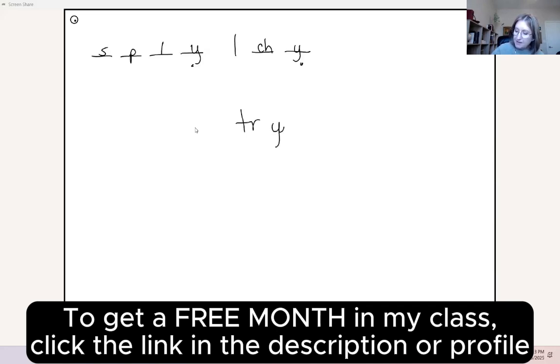Now, if you spelled it like this, then that's not all bad. It's not correctly spelled, but if you say this word in everyday language, how does it sound? This combination kind of sounds like that, doesn't it? Doesn't it sound like try, try? That is because we say this blend sloppily. We don't enunciate it well. We should say try,